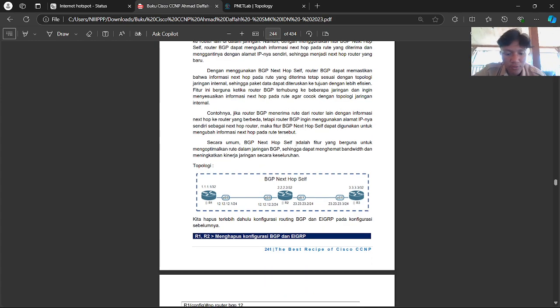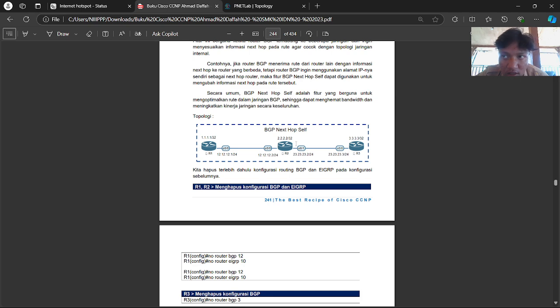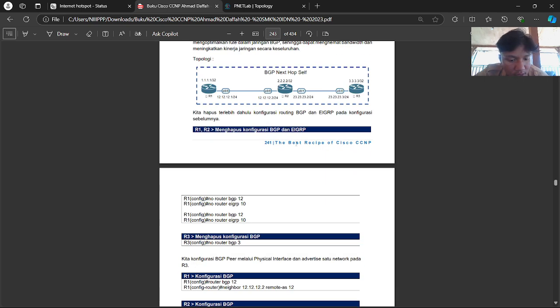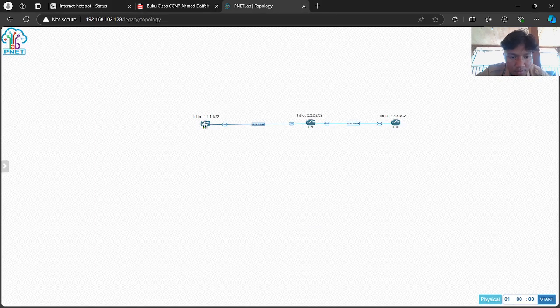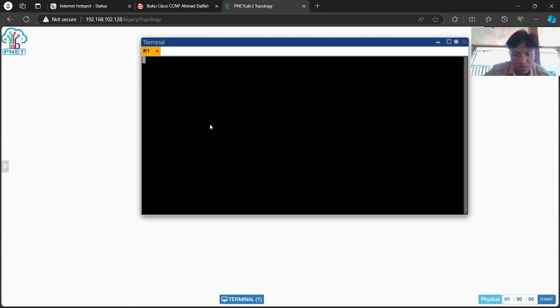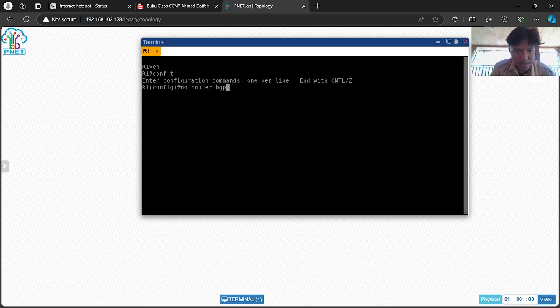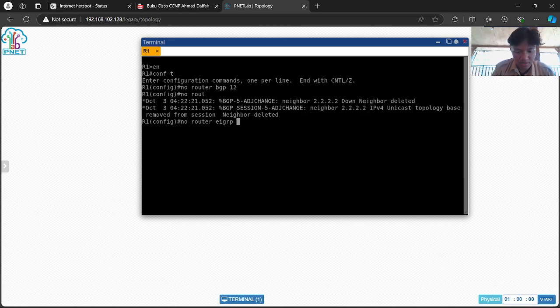Okay, so now we're going to do our lab. First, we're going to delete all of the BGP configuration. We go to router one first, and enable configuration terminal. Then router BGP 12, and also router EIGRP 10, then write.